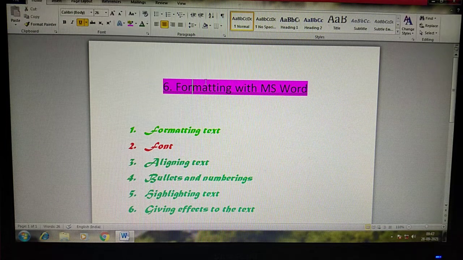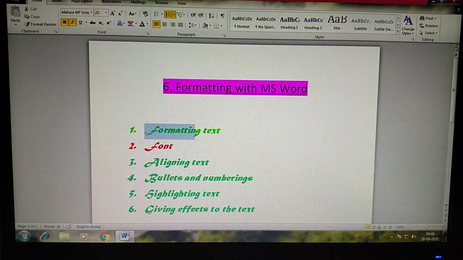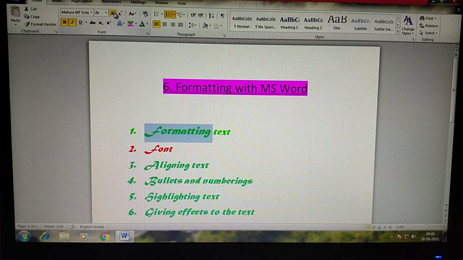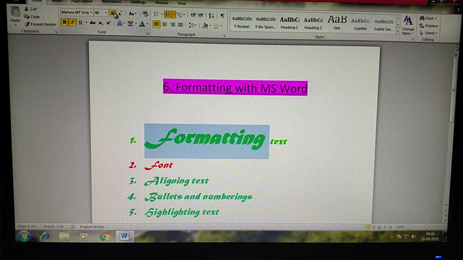Then giving effects means we can make our text bigger or smaller. Just select any text or word in your document. Yes, we have grow font here, right? It makes the text bigger.